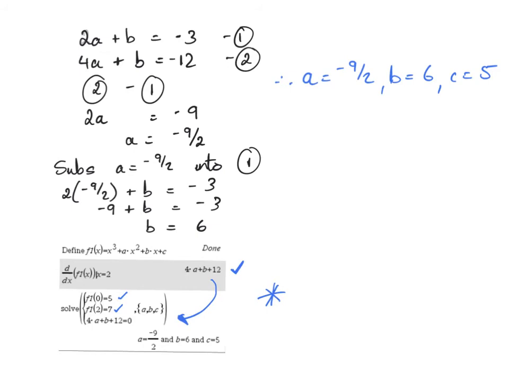So let's just recap. Stationary points on a graph are where the gradient is equal to 0. If we want to find those stationary points, we let the gradient equal 0, and we should be able to then come up with the coordinate